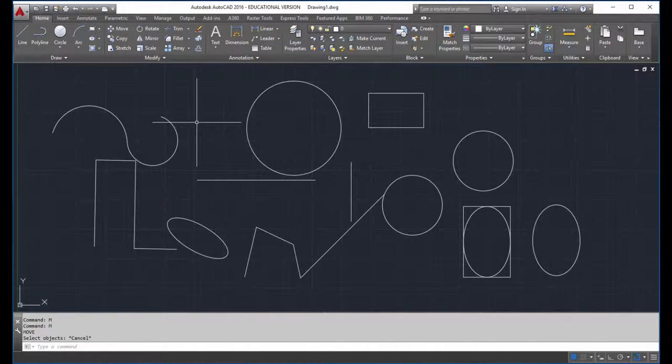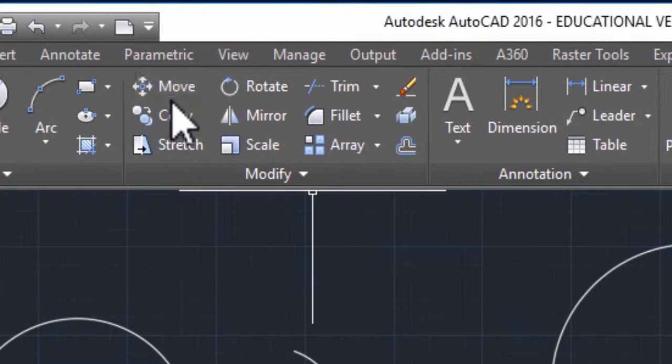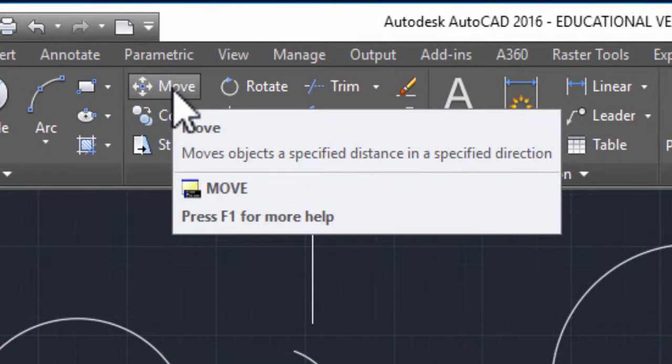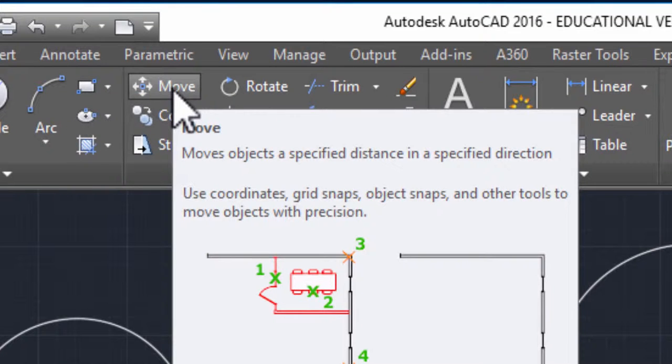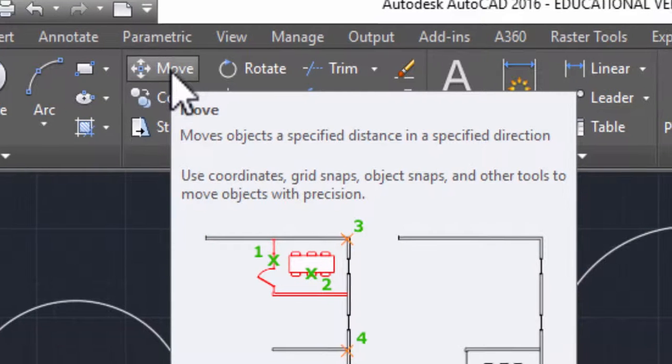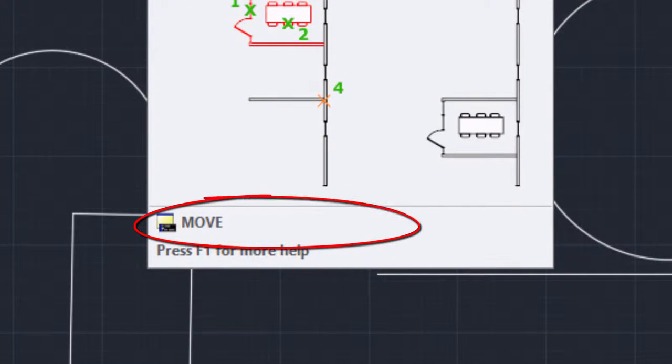Welcome back. In this video we'll be exploring the basic modify commands. The first one in the modify panel is the move command. We've looked at this before and we've used it by clicking on the button for move. When I hover over the button, it informs me that the move command does a certain thing. It also shows me, just like in the draw menu, what keystrokes to enter in order to start the move